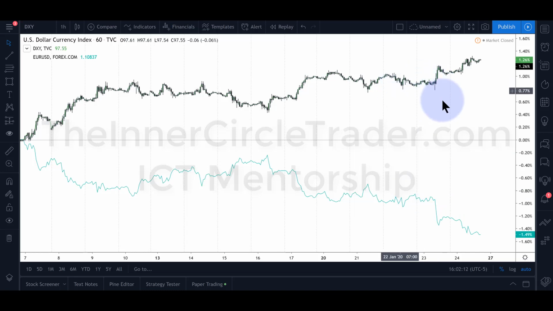So SMT is inside of this, from this low to this low on the dollar versus the hourly highs on Eurodollar. This low should have went lower than this low, like it did the higher high on Eurodollar. It didn't. But right in here, you can see the divergence. If you missed that one still, this low is breached by this one, but we don't see that here on the Eurodollar. It fails. So basically all this is showing you is accumulation of dollar and distribution of Eurodollar.